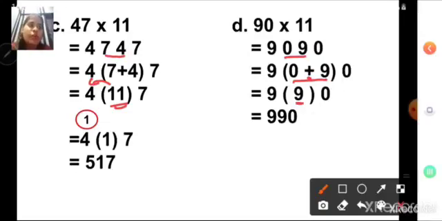Children, if it is 0 also we have to carry it over to the next line. Don't forget that it is 0, that it doesn't have any value. If 0 is there, then too you have to move it down. As you can see here, it is a single digit. In the bracket we don't have a 2-digit number, so there is no carryover. Whatever you have got is your final answer. You will write number 9 here, then number 9 here and then 0. So 90 into 11 is 990. Yes children, please note down the D sum also.